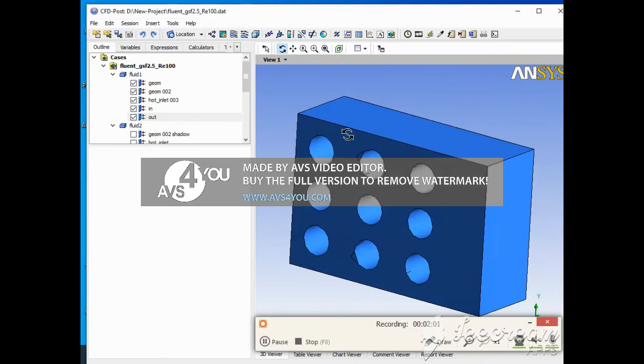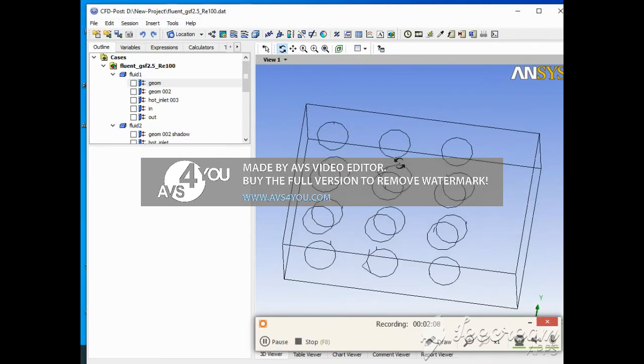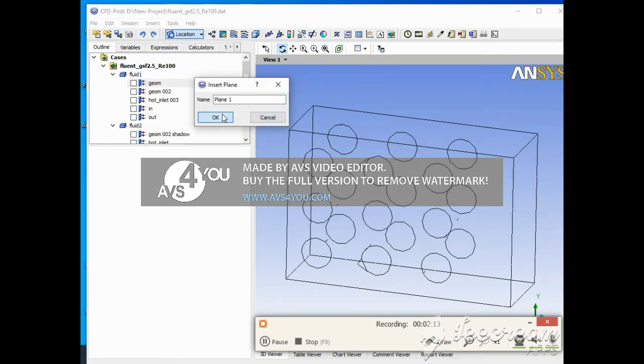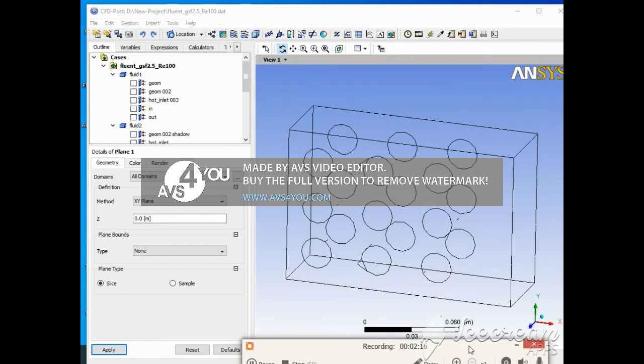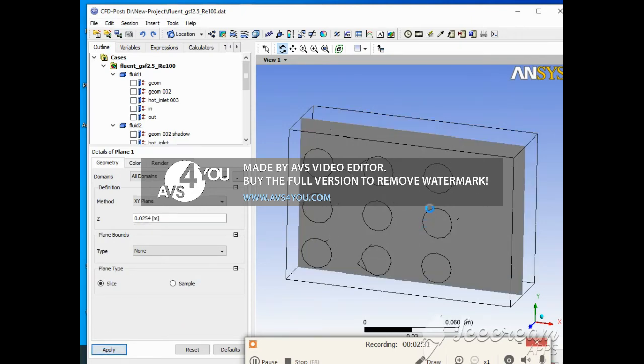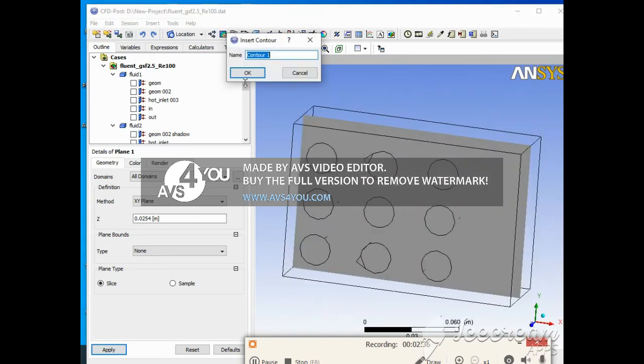Then I will create one plane, create plane in XY, and say apply. So it is at one corner, so I will move it further, 1 to 5. Yeah, it is in between here, so that I can easily see the pressure drop contours